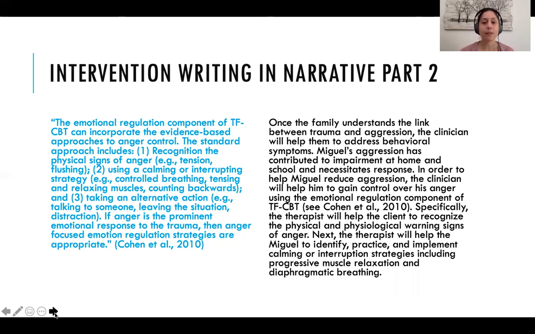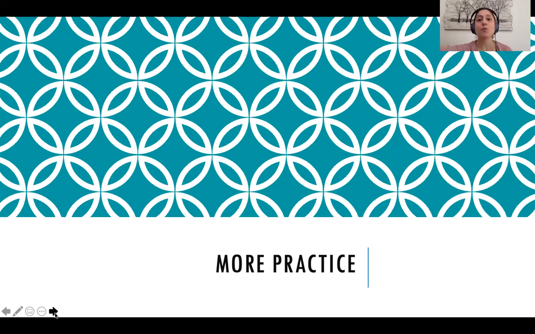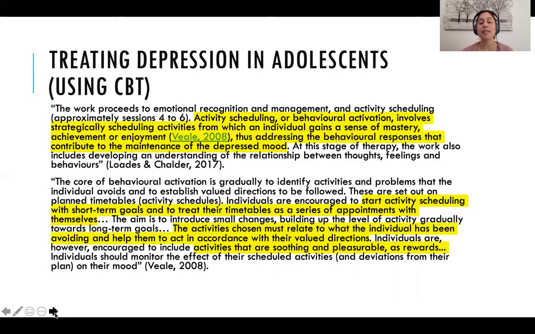Okay, so I'm going to provide you one more example of how to extract research-based interventions for another mental health issue you might encounter, and that would be depression in adolescence. And I'm going to be using CBT for this one. So we'll set the stage first before we get into this here. Let's imagine we have a 15-year-old female client that you've diagnosed with major depressive disorder, and her primary symptoms are